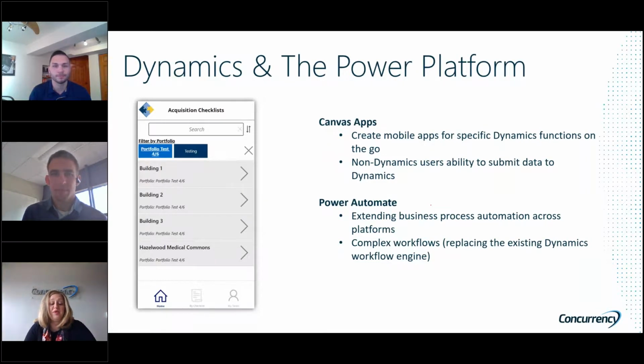Another example of Canvas apps used for processes within Dynamics are model-driven apps. So this was for a company that had a process that involved assigning a large amount of tasks to people to process during an acquisition process. The Canvas app gave the users the ability to sort and filter and see the things that they needed to do that day, real time, and manage this in a way that was much easier for the user to see and enter data and complete things.